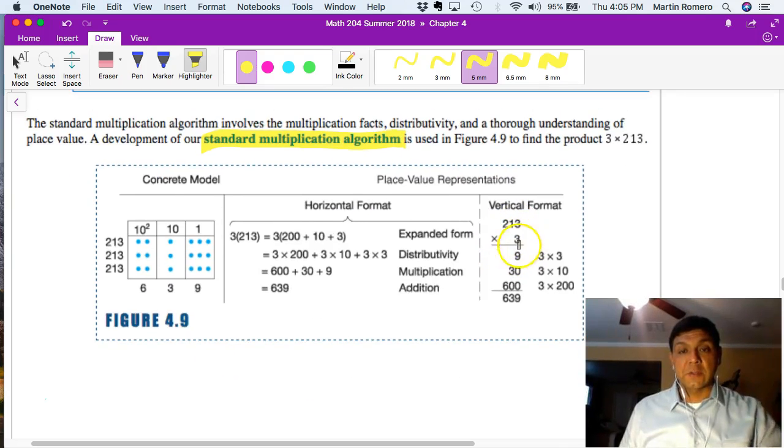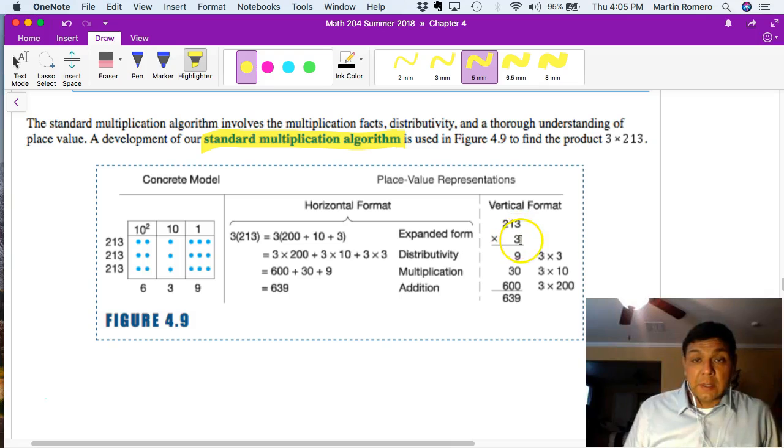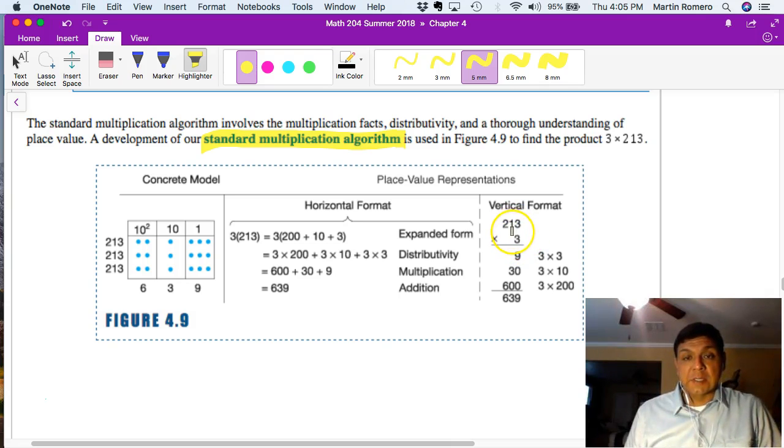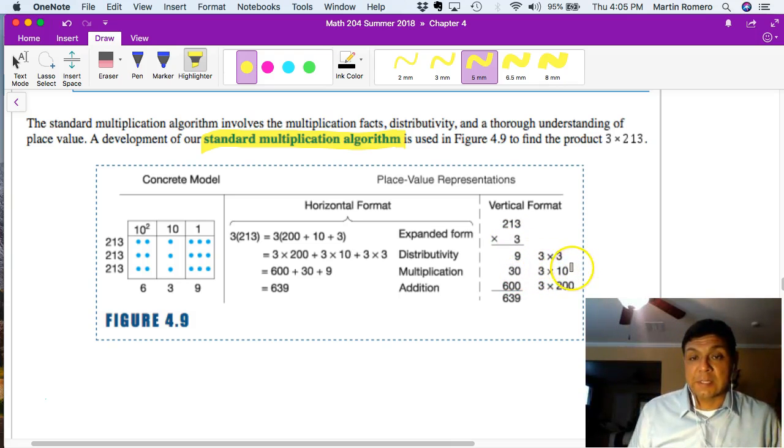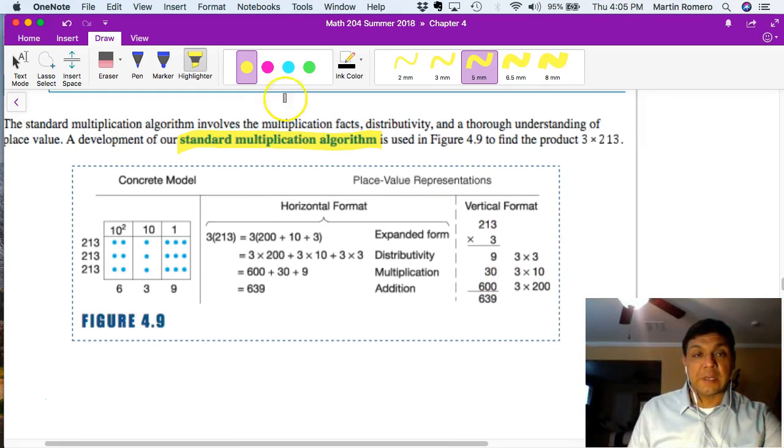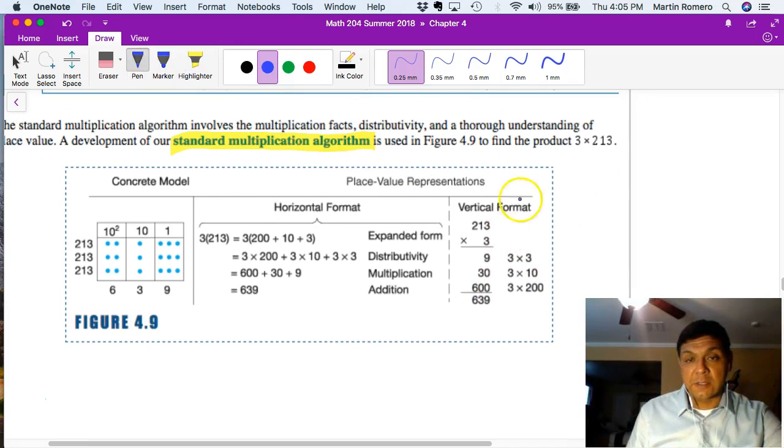What we're looking at is you do 3 times 3 is 9. 3 times 1 is 3, carry the 0. But really what's happening in your head, it's really 3 times 10. And then why do we put 2 zeros down there? Because you're really doing 3 times 2, which is 6. And so really what's happening here, kind of underlying